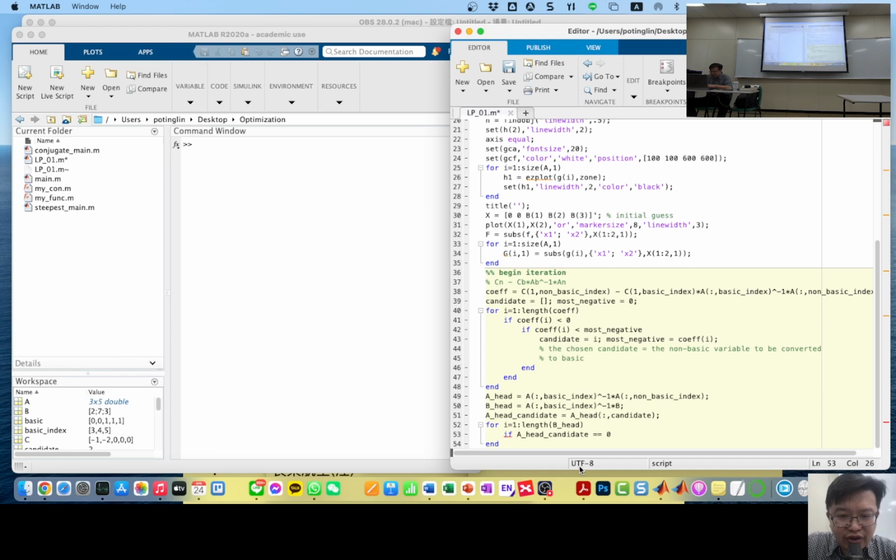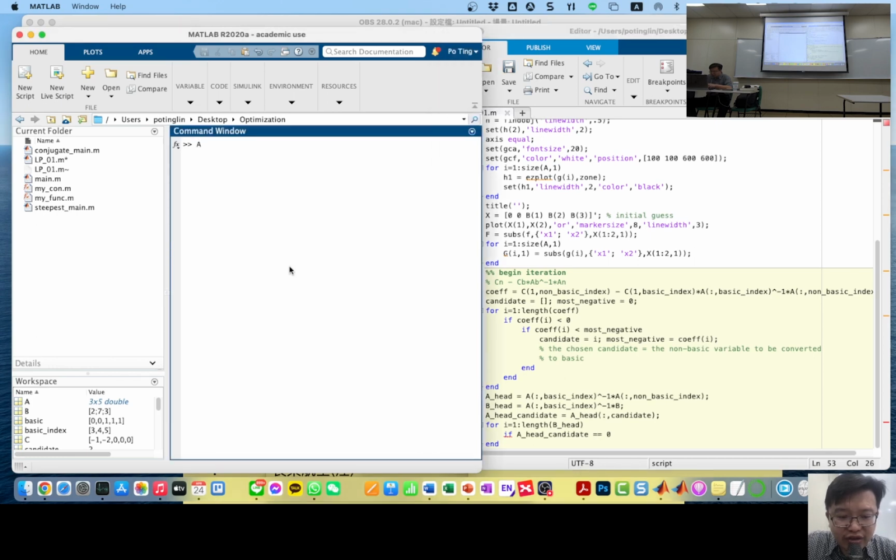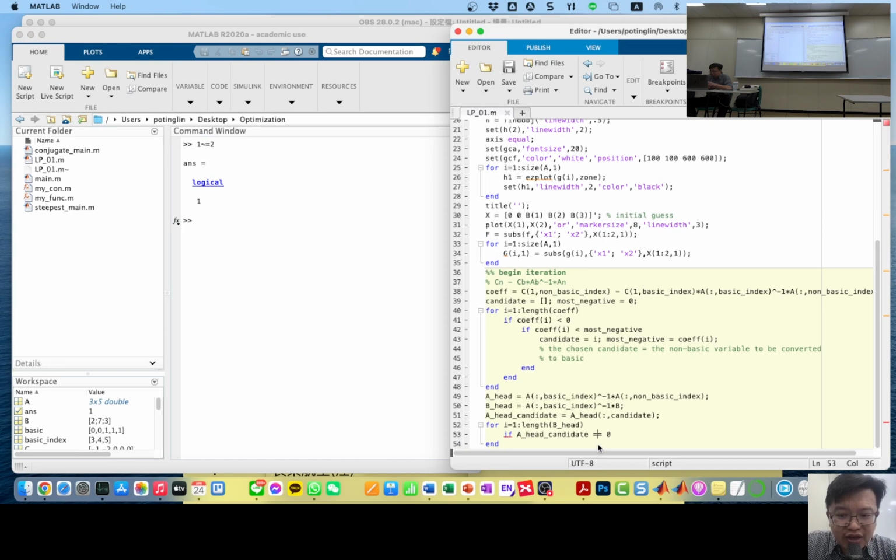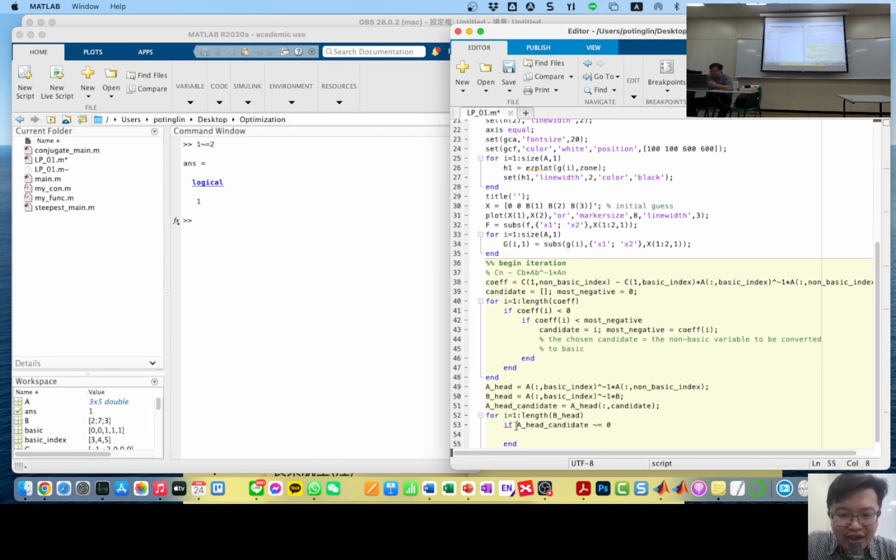So I forget. Is it like this? Okay. So the not equals to, how do you call this? Like a worm. Is like this. This is not equals to. So only if a hat candidate is not 0, then we can